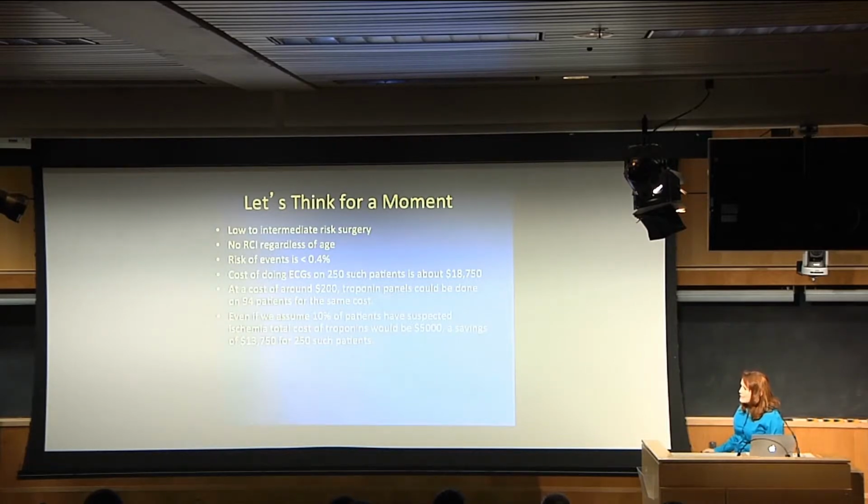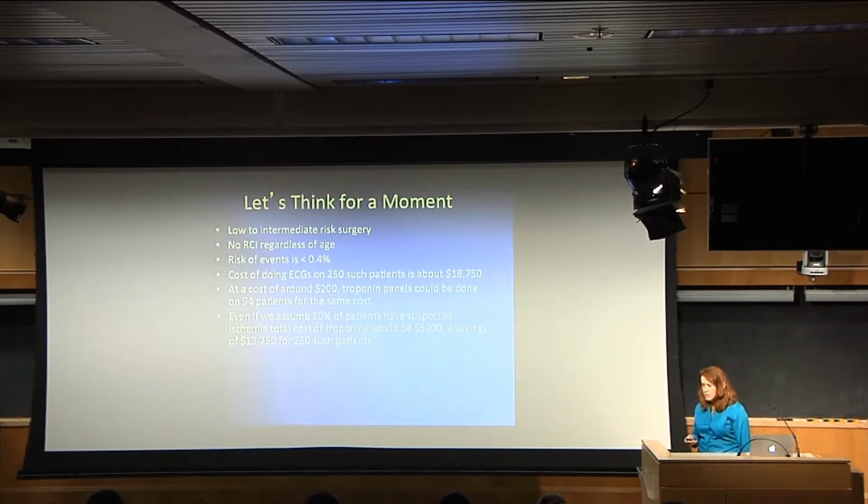But even if we assume that 10% of the patients have those suspected things, if we don't do pre-op EKGs and reserve our appropriate post-op testing for diagnosis, we save over $13,000 for every 250 patients. That's just one test, okay? So by actually doing the appropriate test post-operatively, avoiding the unnecessary pre-op test,